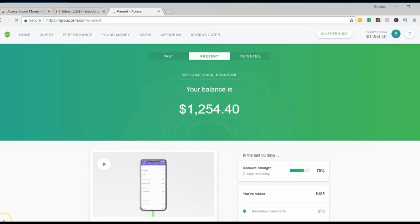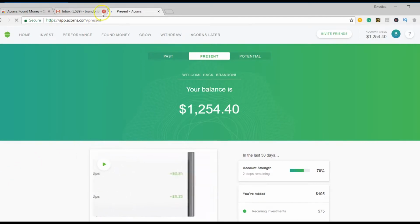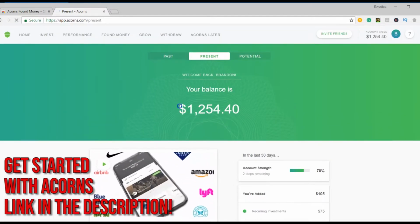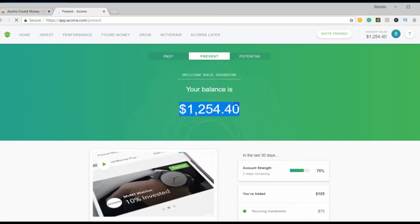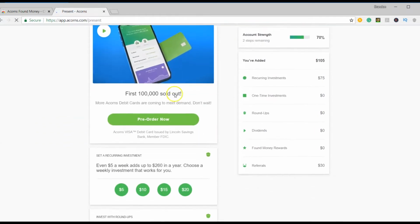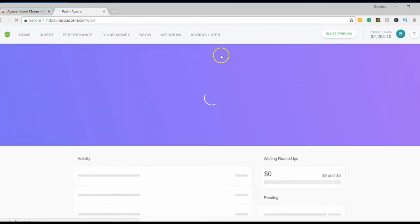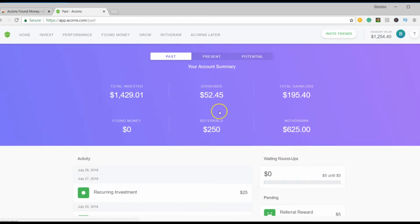Hey guys, so I'm currently on my desktop version of my Acorns account. As you can see, my current balance is $1,254. Not too shabby. The interface here shows the past, present, and then your potential. So I've made about $52 in dividends. I've got $195 of total gain. I've invested a total of $1,429,